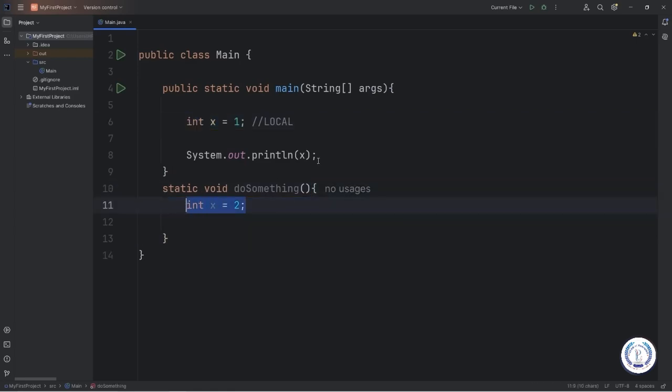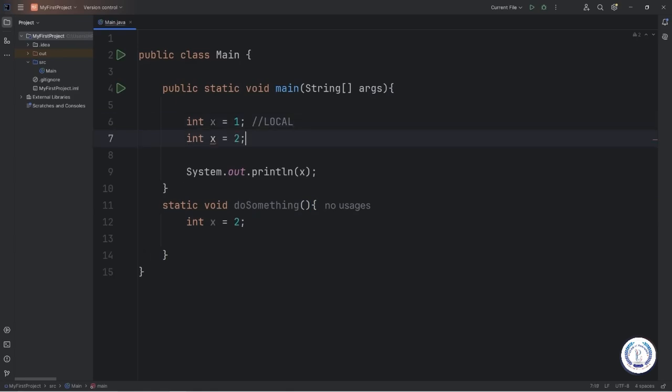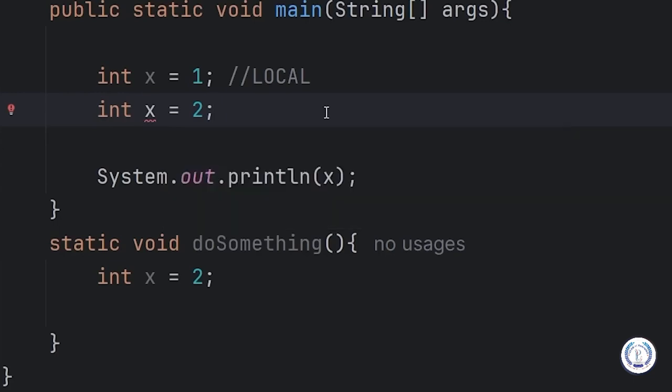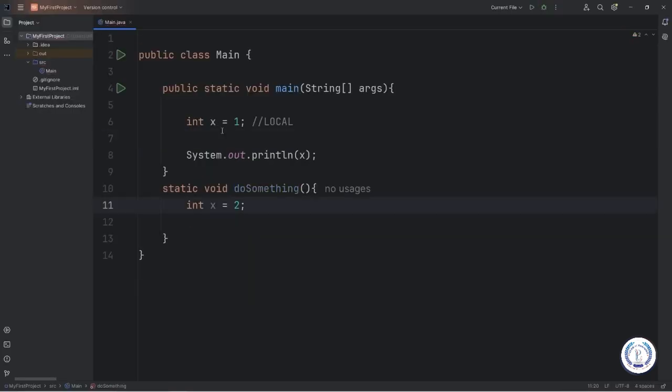The moment I place this variable within my main method, Java is giving us a warning. Variable x is already defined in the scope, this local scope. Variable x within main has a local scope. Variable x within the doSomething method also has a local scope. And I'll just add a comment that this is a local variable. If I was to print x within this method, and if I was to call this method,